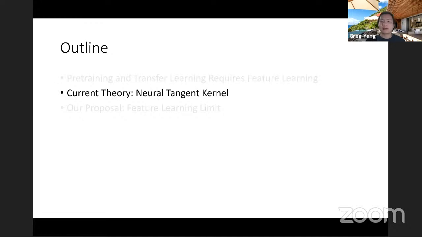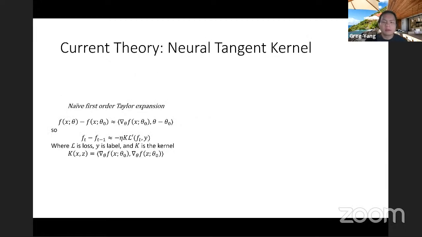All right, so now let's look at how current theory deals with transfer learning or feature learning. One of the most popular theories nowadays is called the neural tangent kernel. The idea is actually very simple. We take the neural network function f of x with parameters theta, and we just do a naive first order Taylor expansion around the initialized